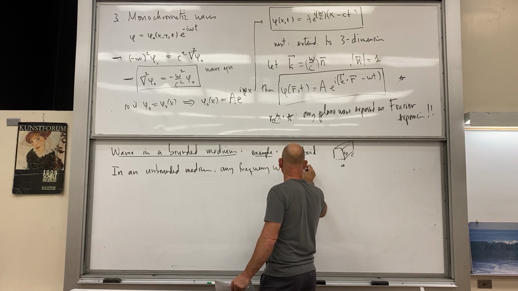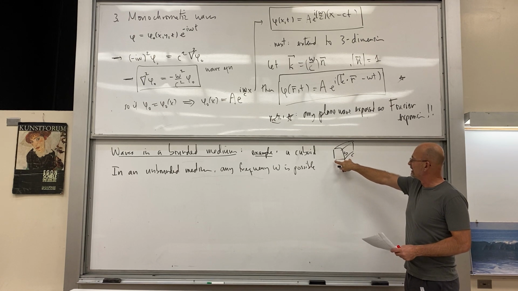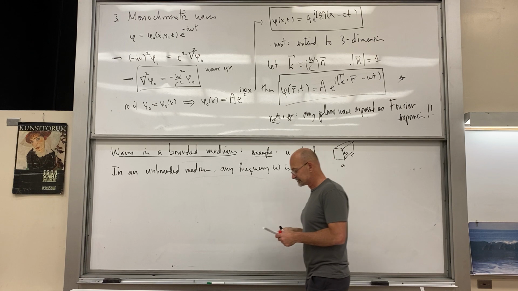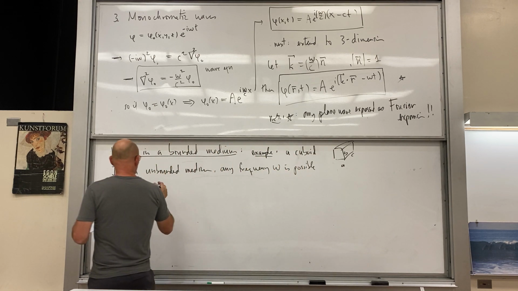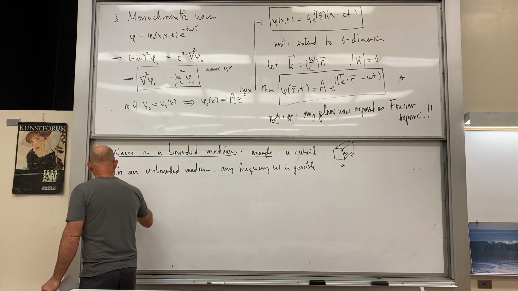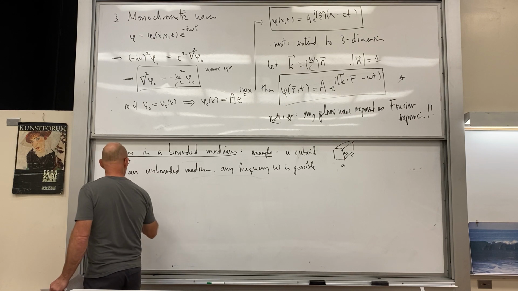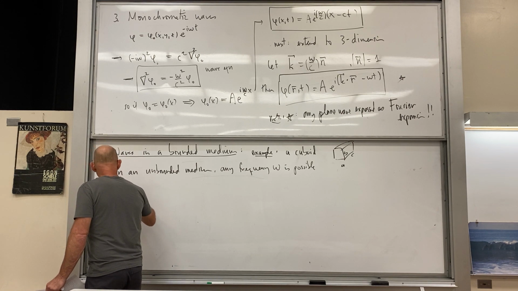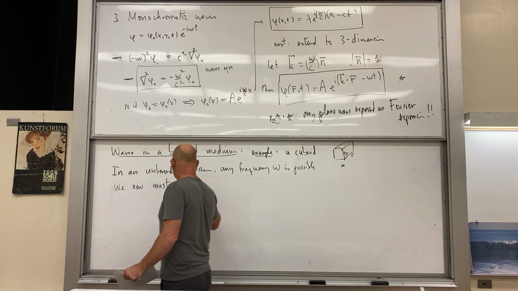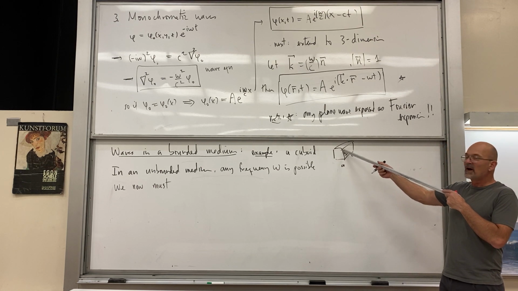In a bounded medium, you're going to get a discrete set of frequencies omega. So in the bounded medium, which I'll draw a bigger picture of later, in this cuboid,